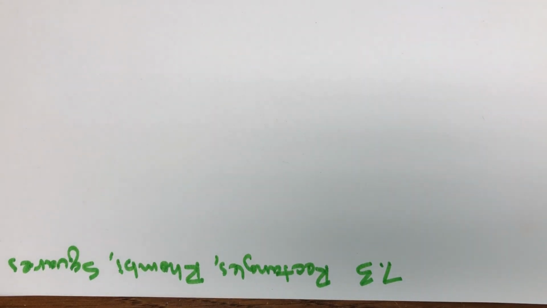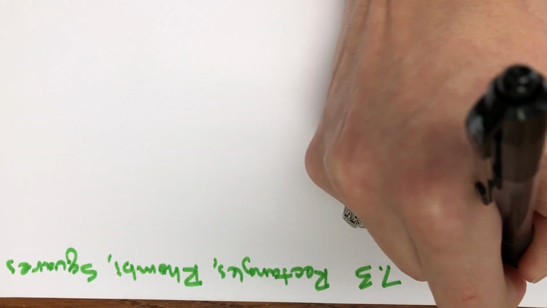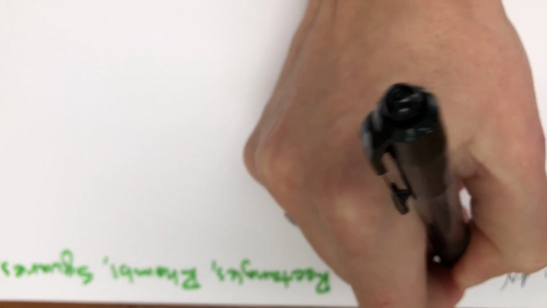Hello class, today we are going to be doing the notes for 7.3, rectangles, rhombi, and squares. Be sure to begin at the top of your paper by initialing your 3 preliminary steps for note taking. Okay,